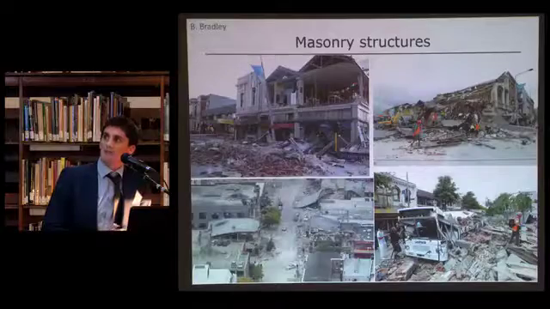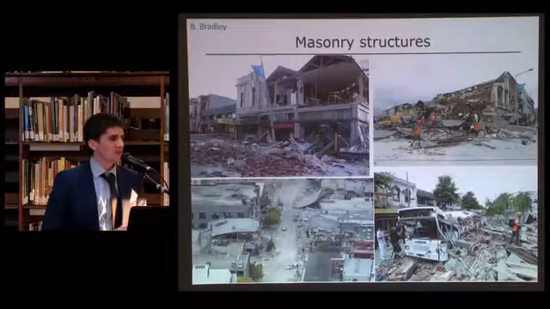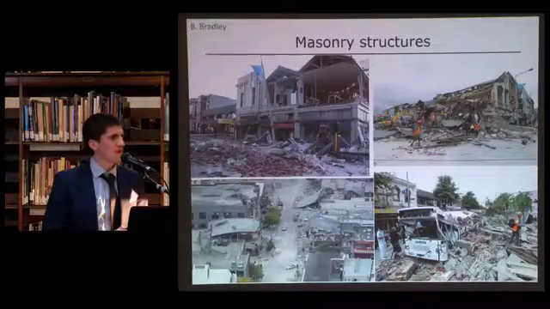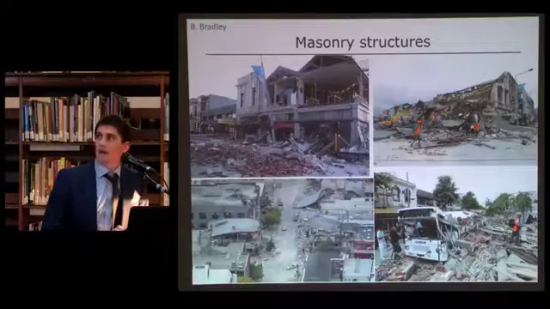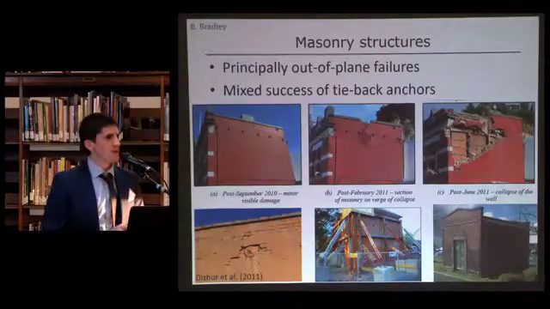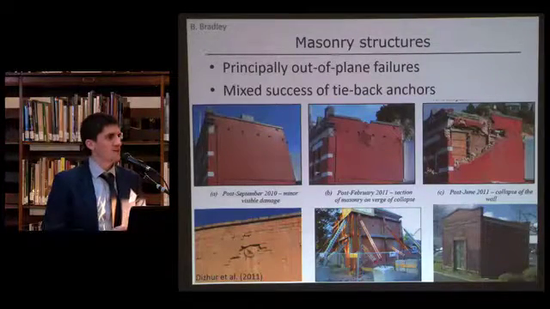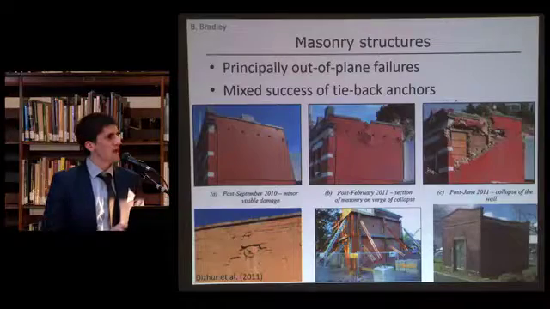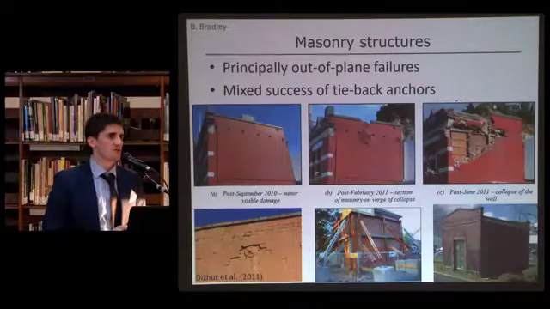So we saw the expected type of performance for a strong level of shaking here, where most masonry walls failed in out-of-plane shaking, and you can just see a couple of images here representing that. There was also a large amount of retrofits performed on some masonry structures, and again, coming back to the idea that in the Canterbury earthquakes we had several episodes of strong shaking, we could actually observe the performance of some of these retrofits over time.